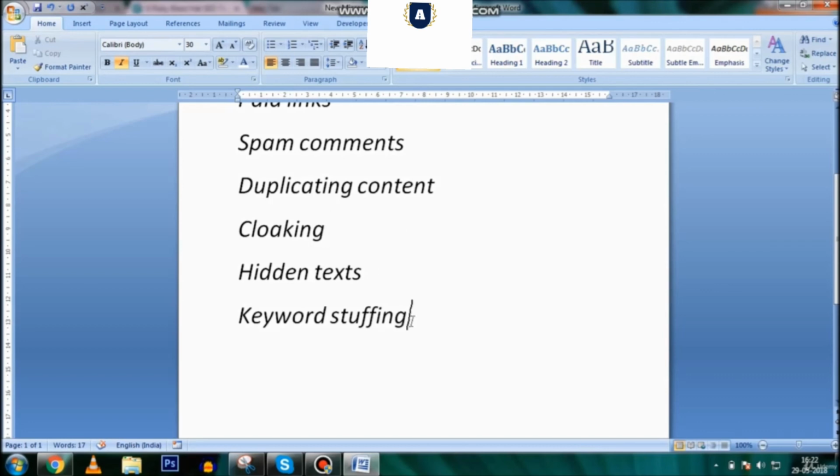Now the next thing is keyword stuffing. As I already mentioned, it is similar to duplicating content. It is a bit different, because in this you just unnecessarily stuff your keyword, but in duplicating content you stuff